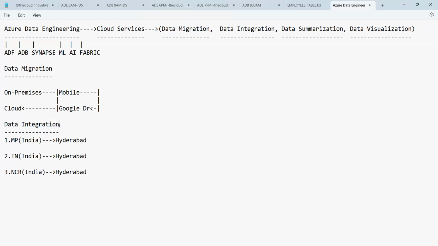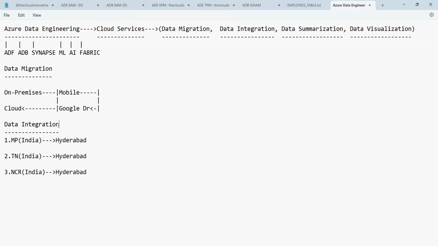Data integration is done for the facilitation of the users, guys. To facilitate the user, we use the process of data integration.